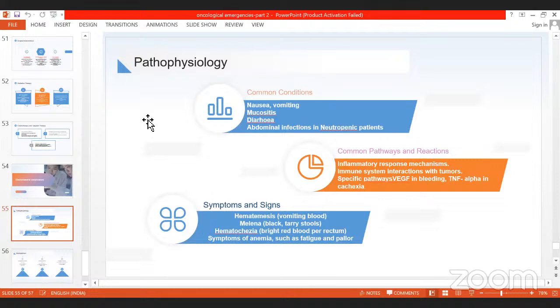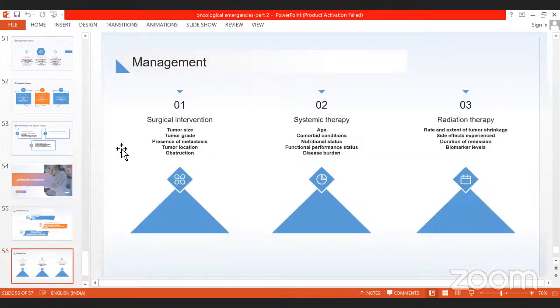Whenever we give any VEGF agents, we generally give a gap of at least 4 to 6 weeks before going for surgery. So if any surgery is planned and a VEGF agent is being given to the patient, we have to give a gap of 4 to 6 weeks. The other common symptoms which we see are hematemesis, melena, hematochezia, and symptoms of anemia such as fatigue and pallor. Coming to the management, there are surgical interventions